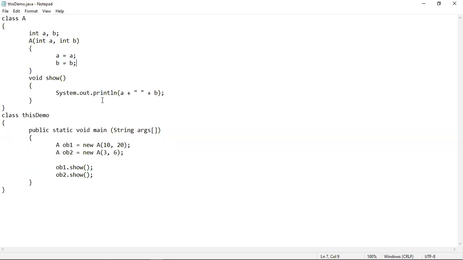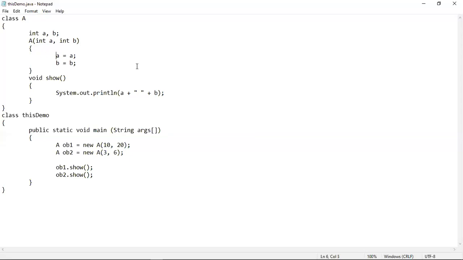So in this program, as the instance variables are hidden by these local variables or parameters, no value assignment can be done, and you can never get the actual output that you want to see.